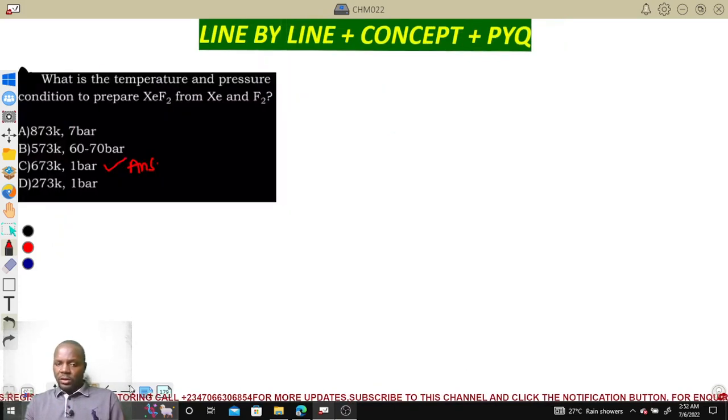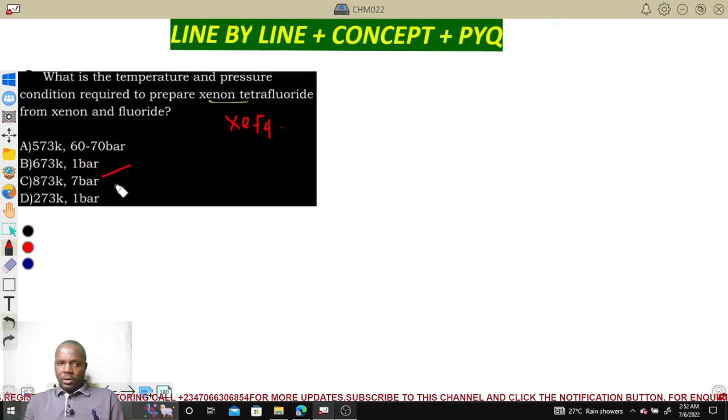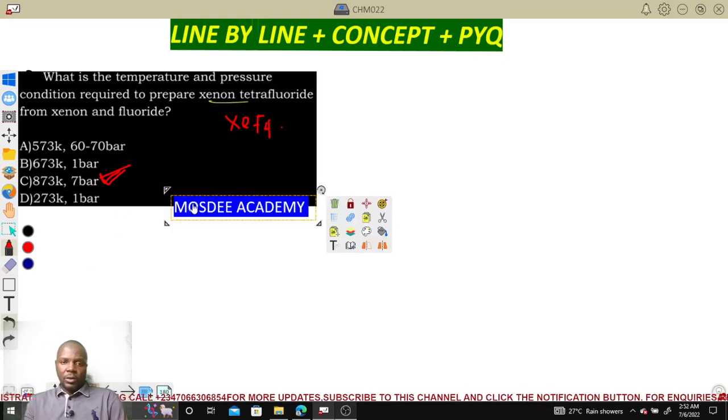And the ratio is what? 1:5. So that's what I will go for, because I know the bar. I know the first one is 1 bar, the second one is 7 bar, and that's what I studied very well during my time. And the last one is 60 to 70 bar, and I know the temperature is lower. Those are my own ways to actually know something. So the next is,